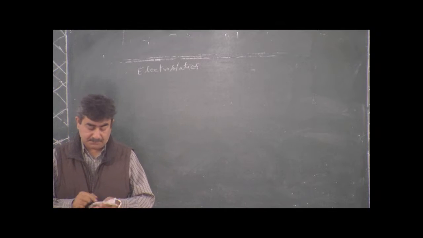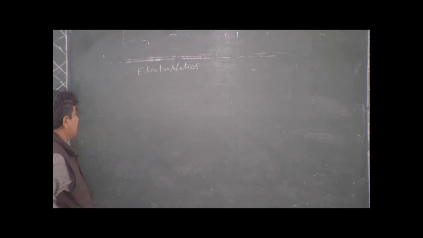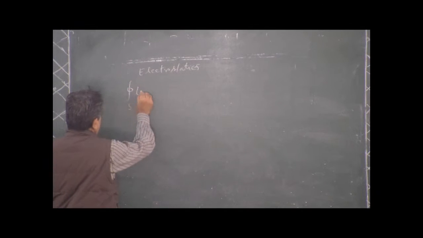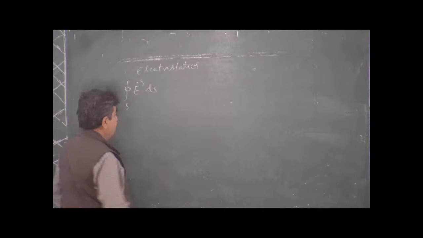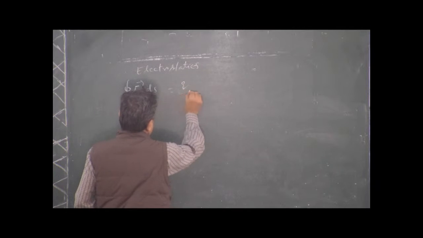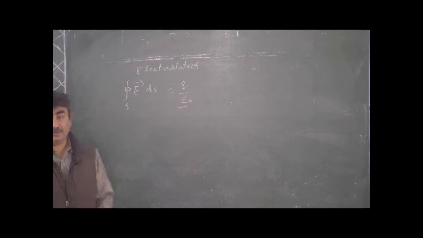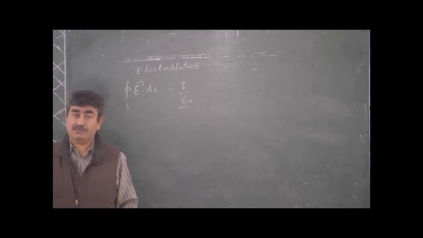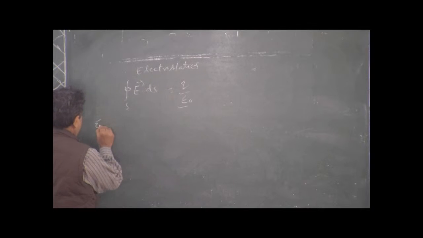Last lecture we discussed Gauss theorem, and we stopped at the surface integral over a closed surface of the dot product of electric field intensity and area ds, which is equal to q upon epsilon naught. This we proved in our last lecture. Today we will be making use of this theorem or Gauss law to find the electric field